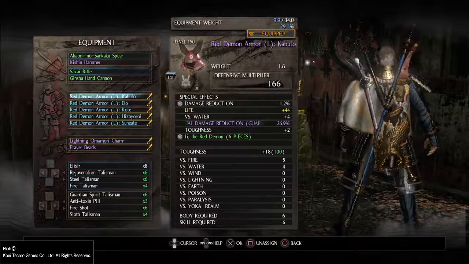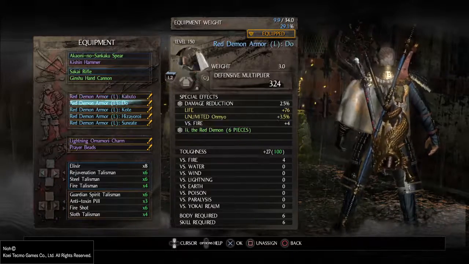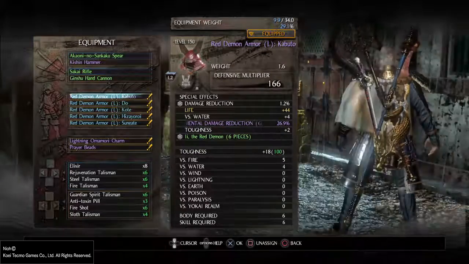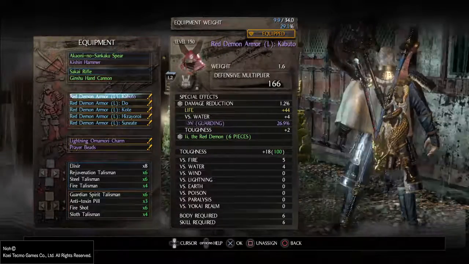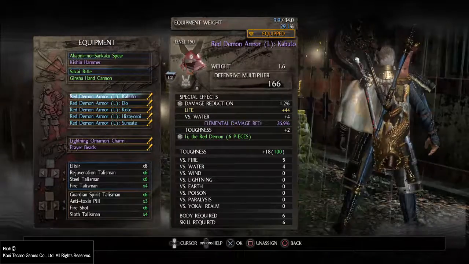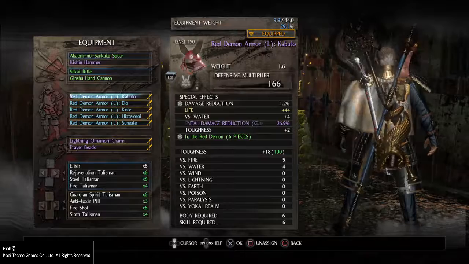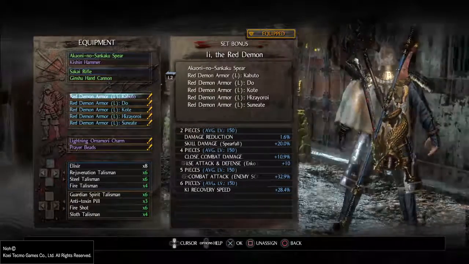Then for our armor, we have Red Dragon armor, which is a good armor set if you like specializing in fire damage and spears. That's really what this armor set is geared towards. It also is going to give you very high agility because it's very light, and that means your stamina is going to recover super fast, especially when you consider the armor set's passive bonuses, which at the bottom you see